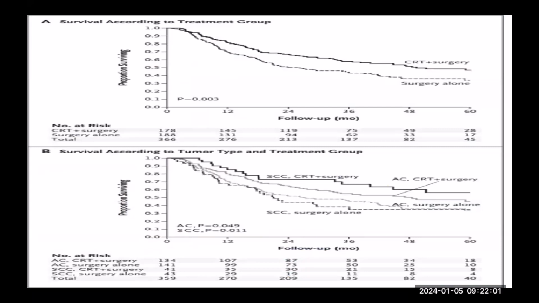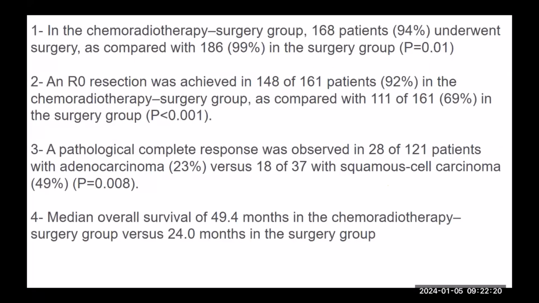We see that CTRT improved survival significantly compared to surgery, the upper graph. The lower graph is showing it in terms of histology. So here we see that more benefit is for squamous cell carcinoma and lesser benefit for adenocarcinoma. For adenocarcinoma, the p-value for benefit was actually just statistically significant. So the brief summary was